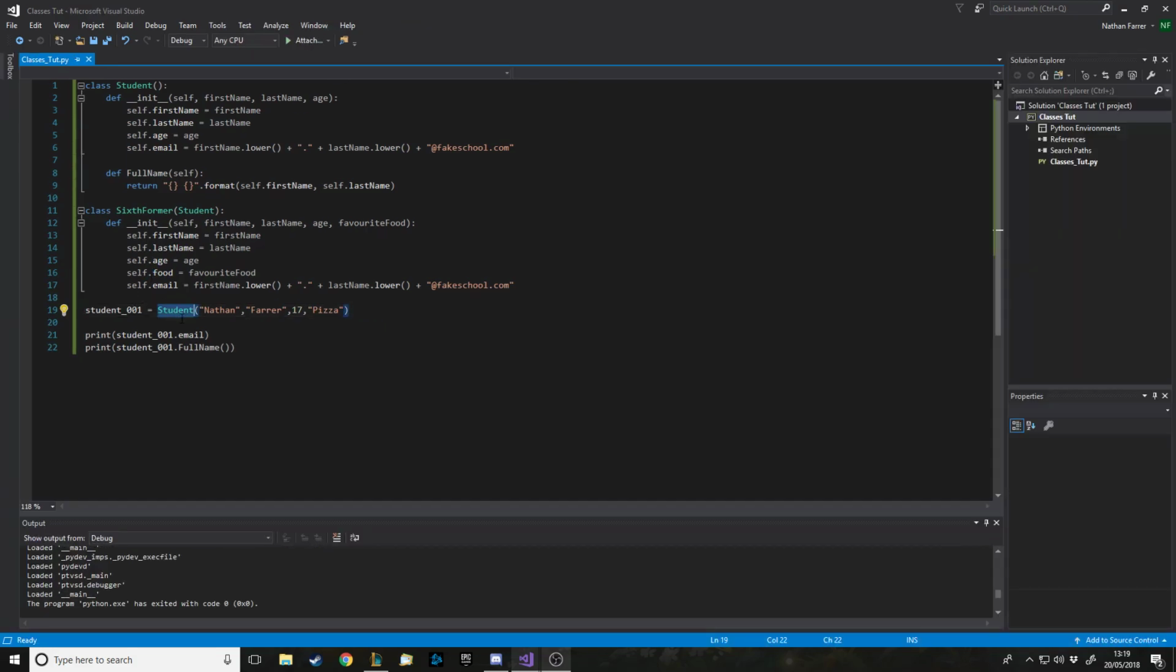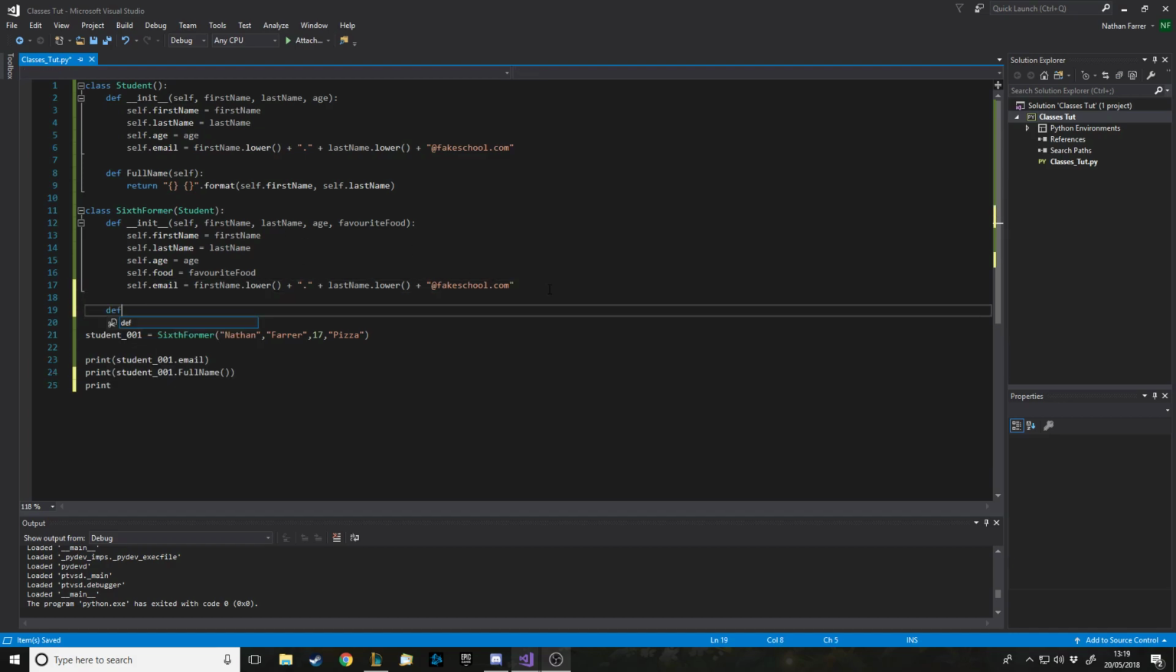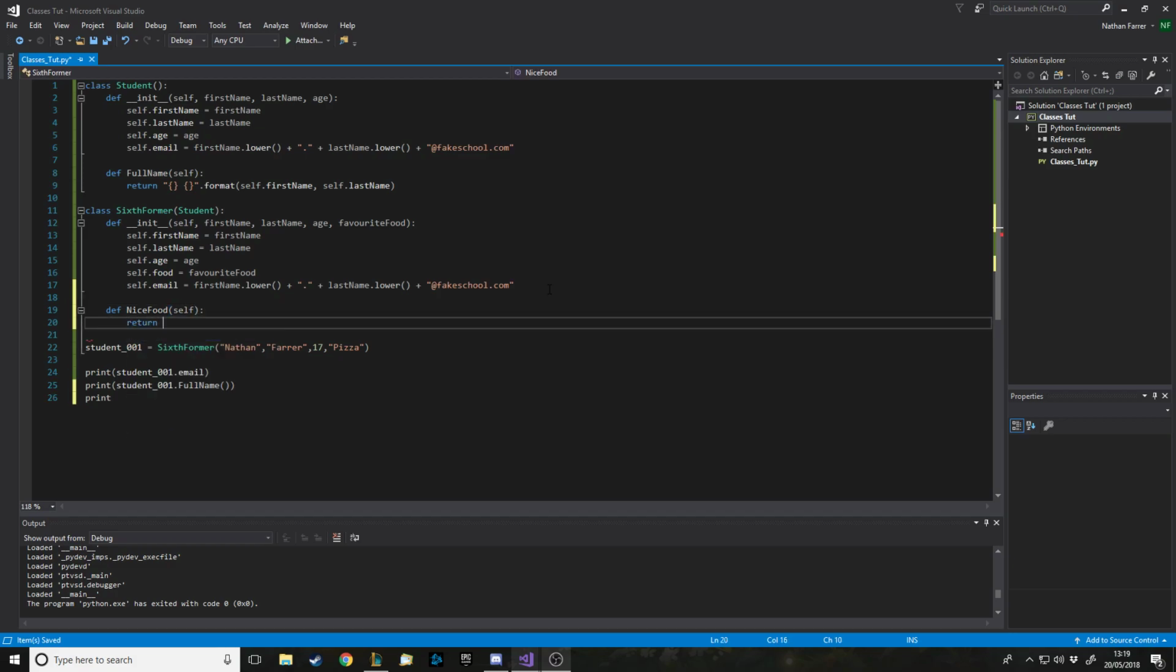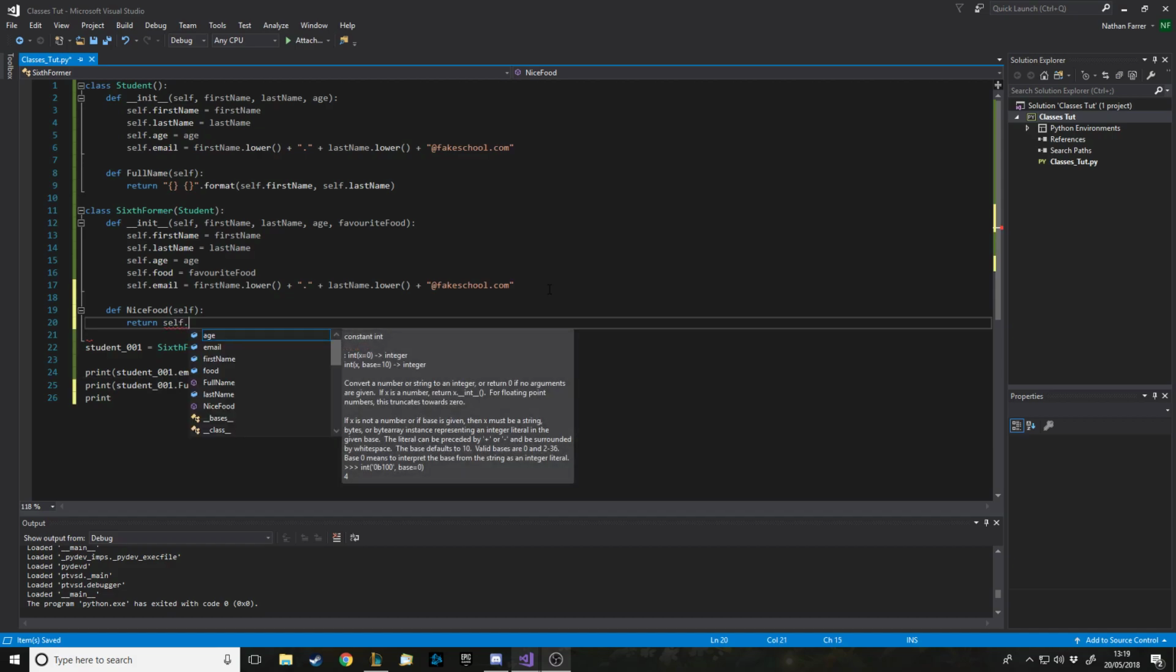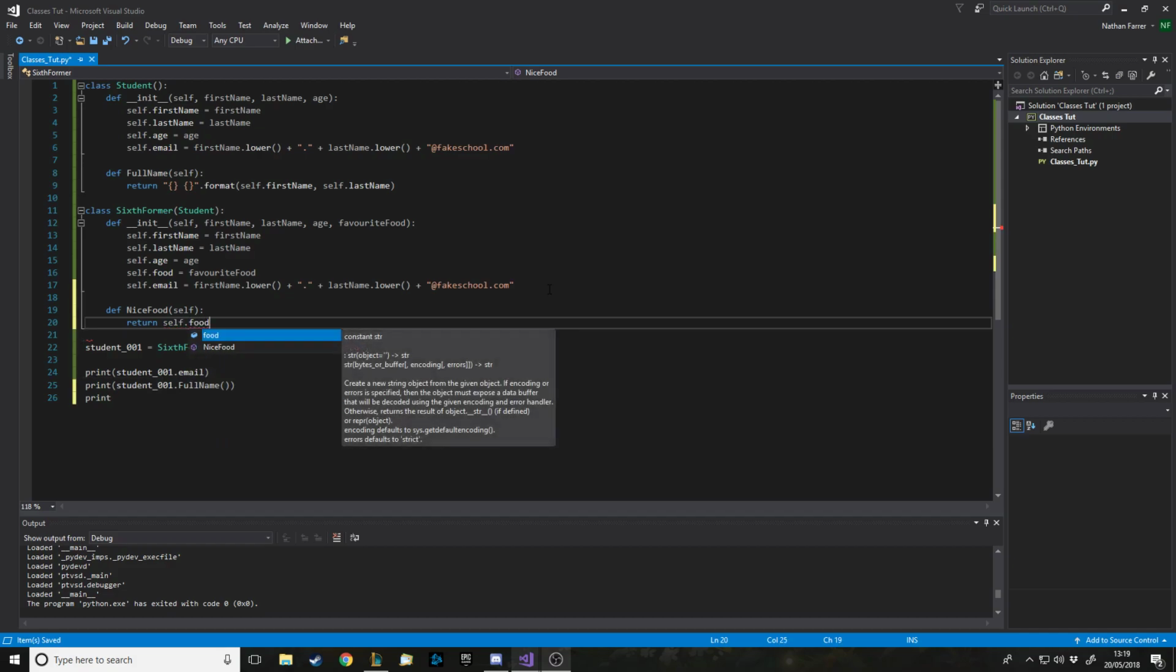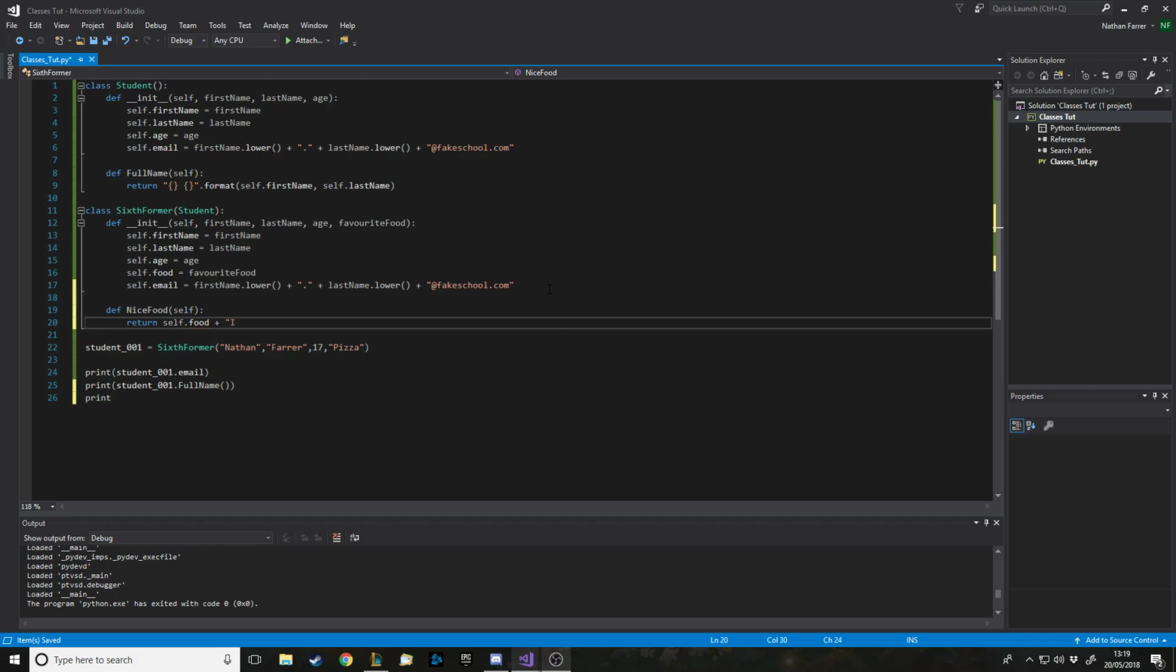So finally, we'll do sixth former, and then we'll print there. Well, let's make a custom function as well. That would help. So def nice food, and then it takes in self because it wants to know the information about self, and we could have it return self.food plus is my